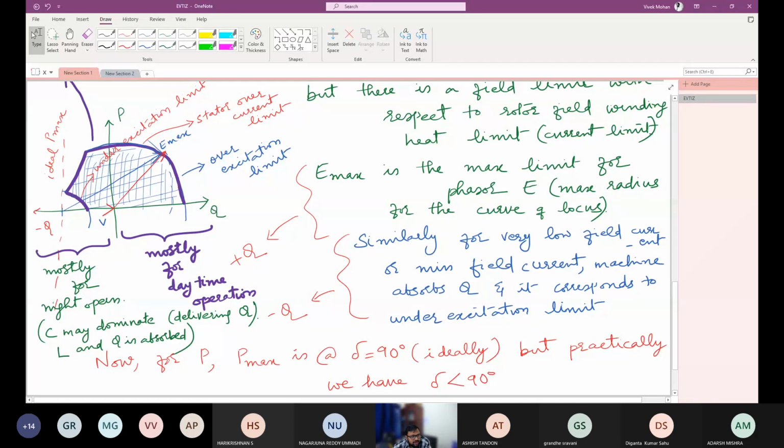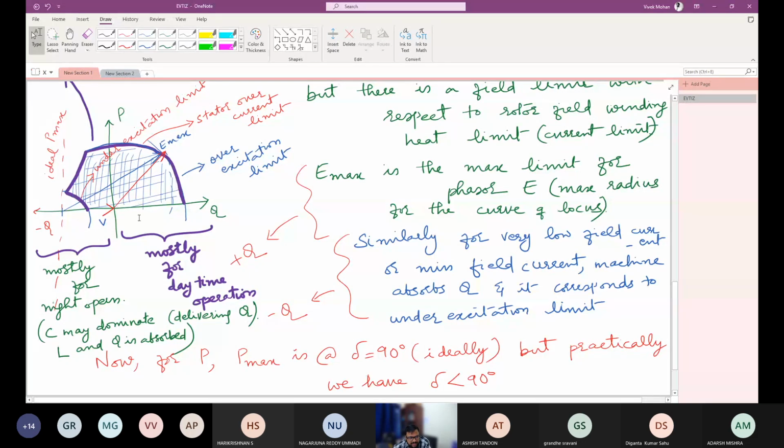Now beyond this part, we have to decide how to draw it. So this is a part of the locus of this capability curve. Now what happens if the field current is very low? Here we have seen that the field current hits the limit, so E is Emax. Similarly, we have a lower limit for field excitation as well. That is, for the minimum field current, the generator absorbs reactive power. For Emax, the generator delivers reactive power. That is why this is at the positive Q